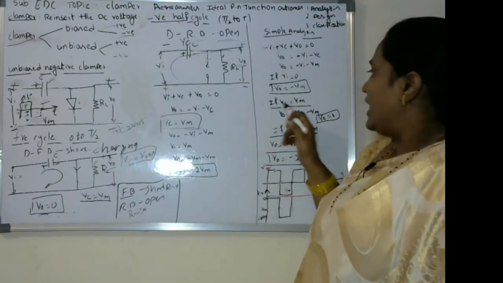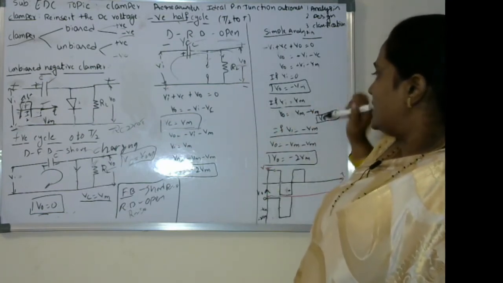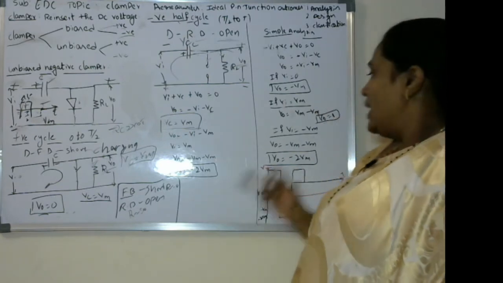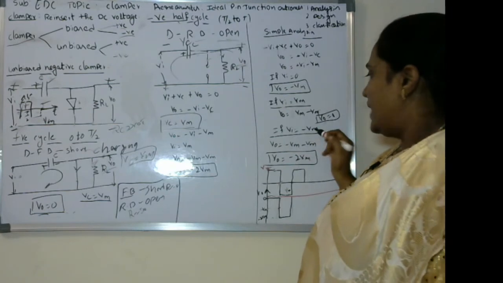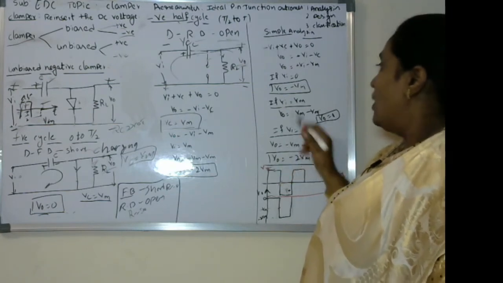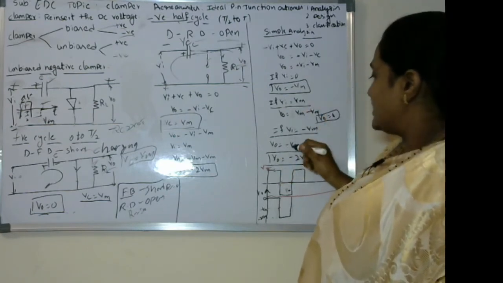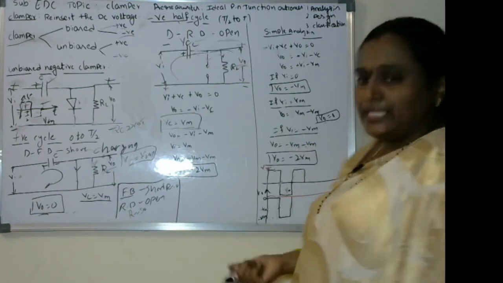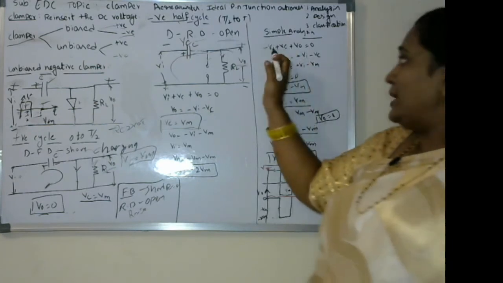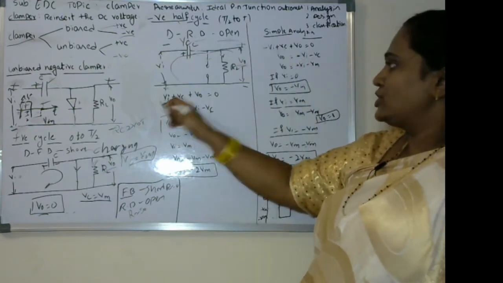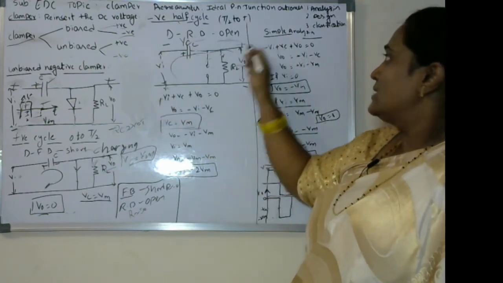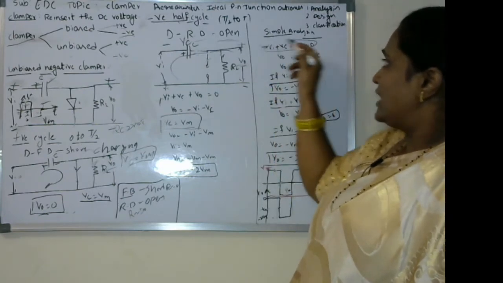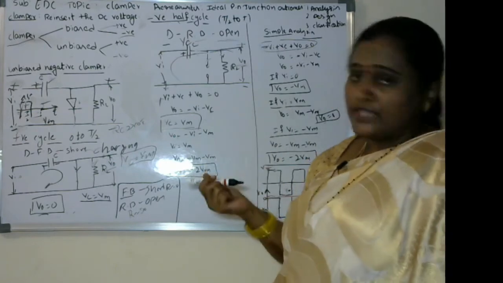If Vi equals Vm, substituting, Vm minus Vm, V0 will be equal to 0. And next, if Vi equals minus Vm, V0 will be Vi minus Vm, right? Minus Vm minus Vm, so V naught equals minus 2 Vm. If you observe, there are notation differences here. The positive has been there, and this one is negative. This has been written as the equation for when the diode is forward biased.